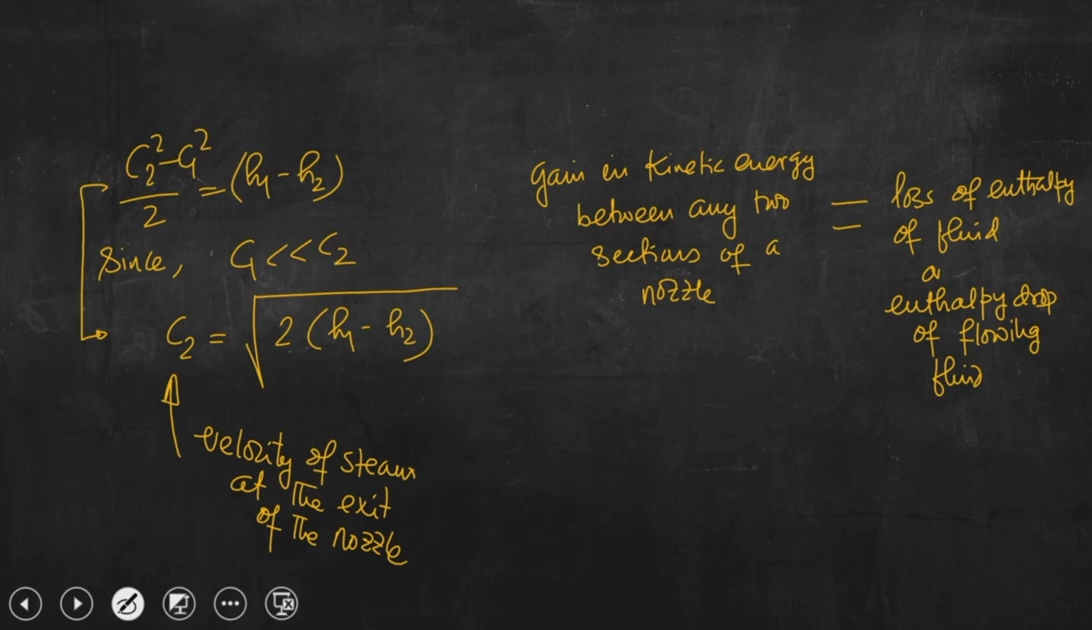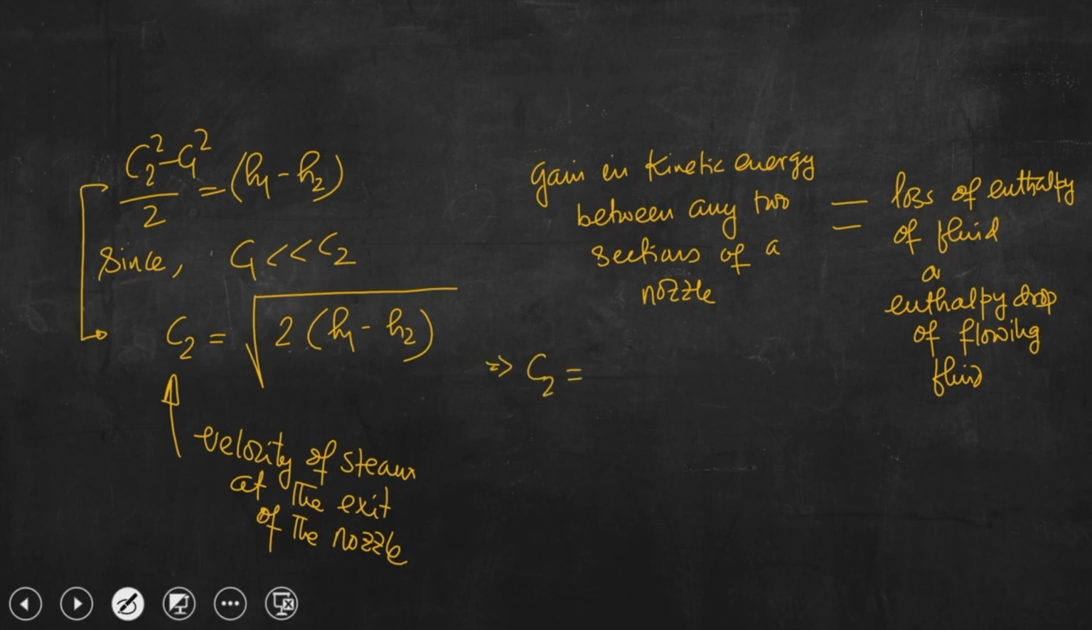So, the fluid which is flowing through the nozzle, the enthalpy drop of that particular fluid is nothing but the gain in kinetic energy of the fluid between any two sections of the nozzle. Okay. So, now we can go one step further, that is, we can write C2